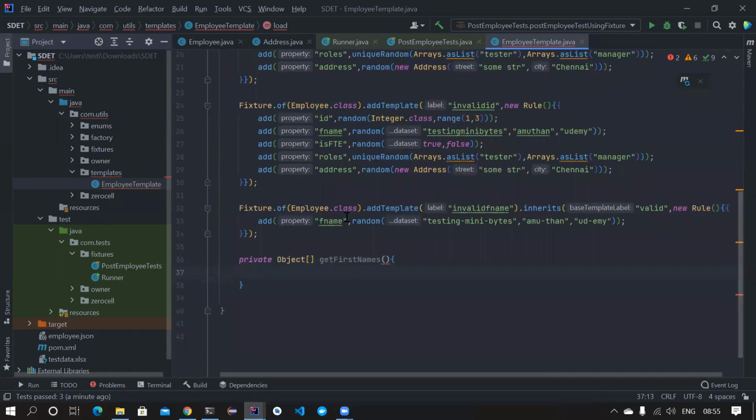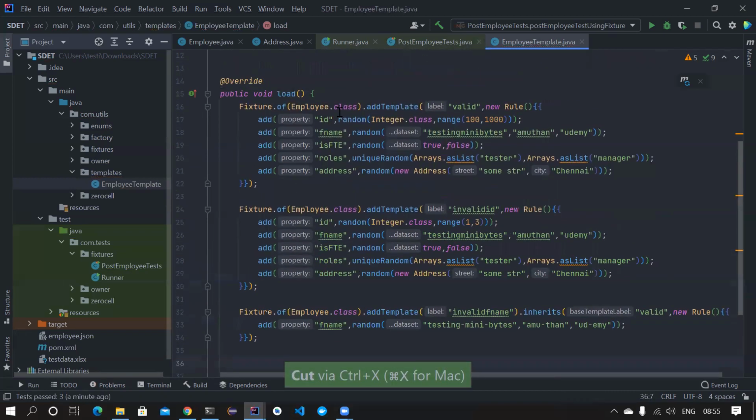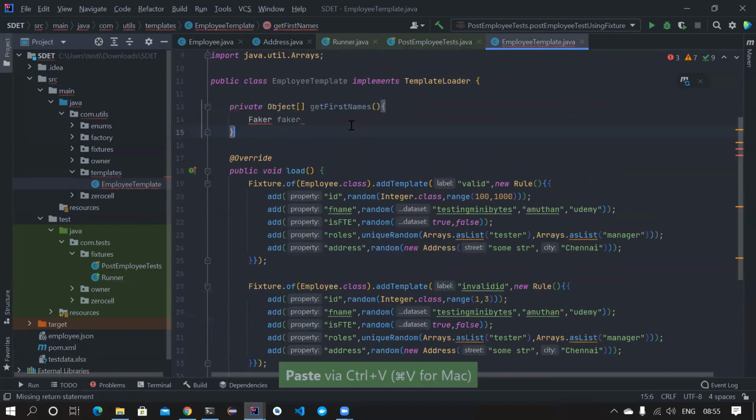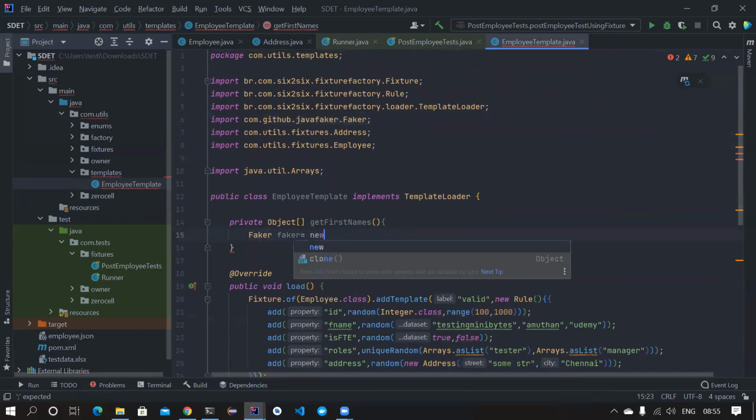And here you can do faker. Oh, sorry guys, I need to actually create it below. This is a load method, right? So I can create it here. Faker, and that is coming from Java Faker, equal to new Faker.